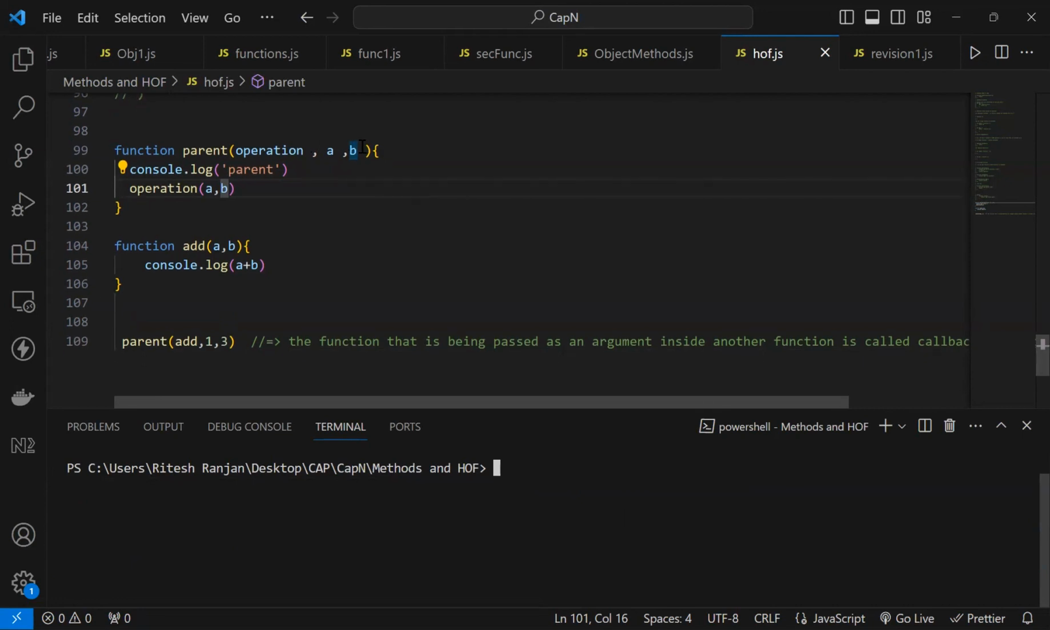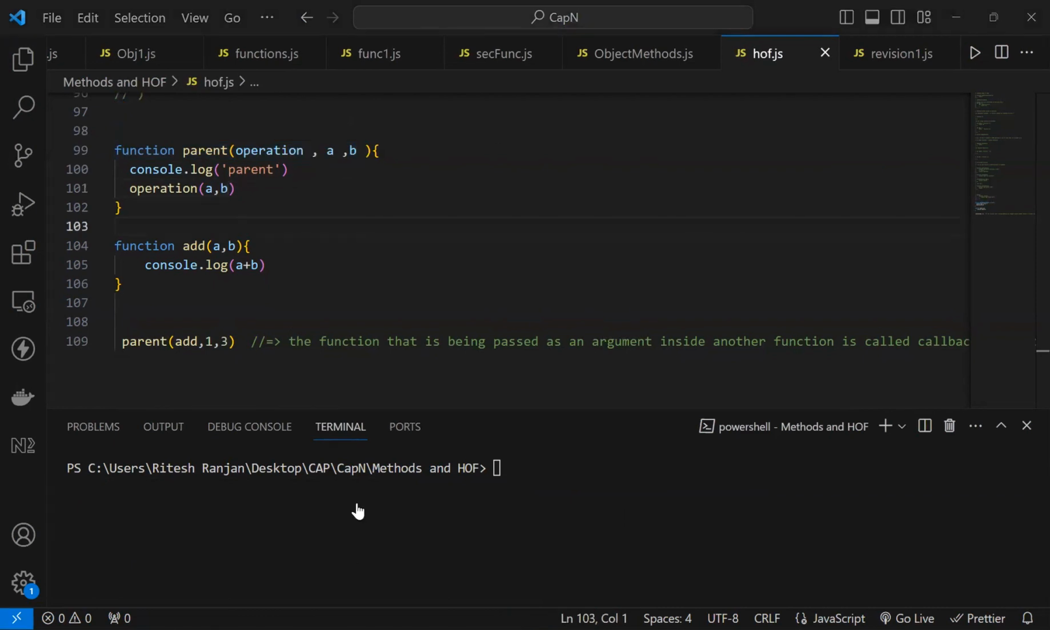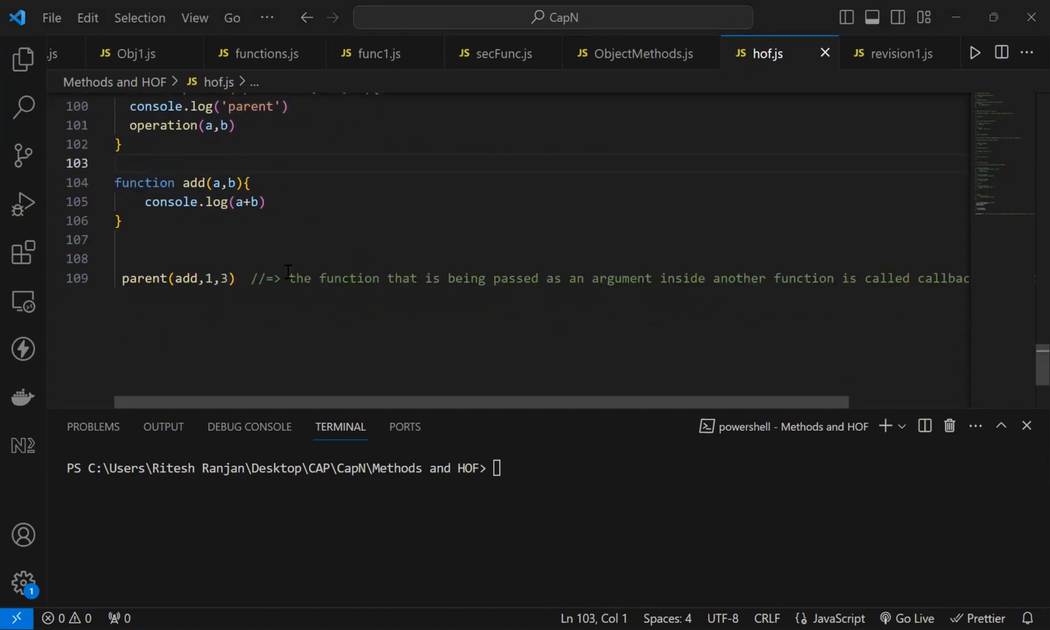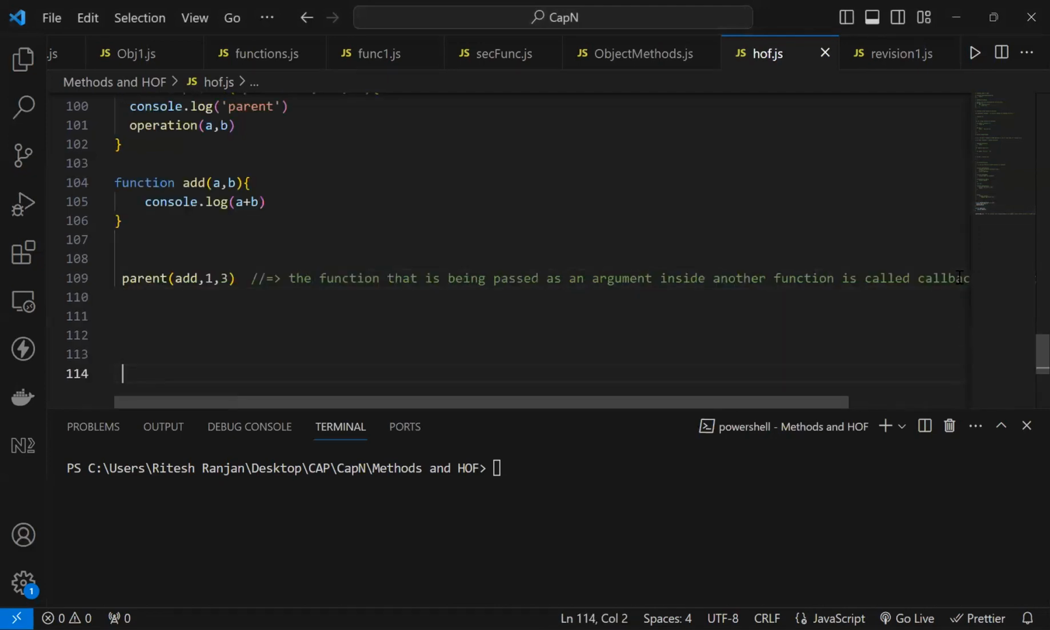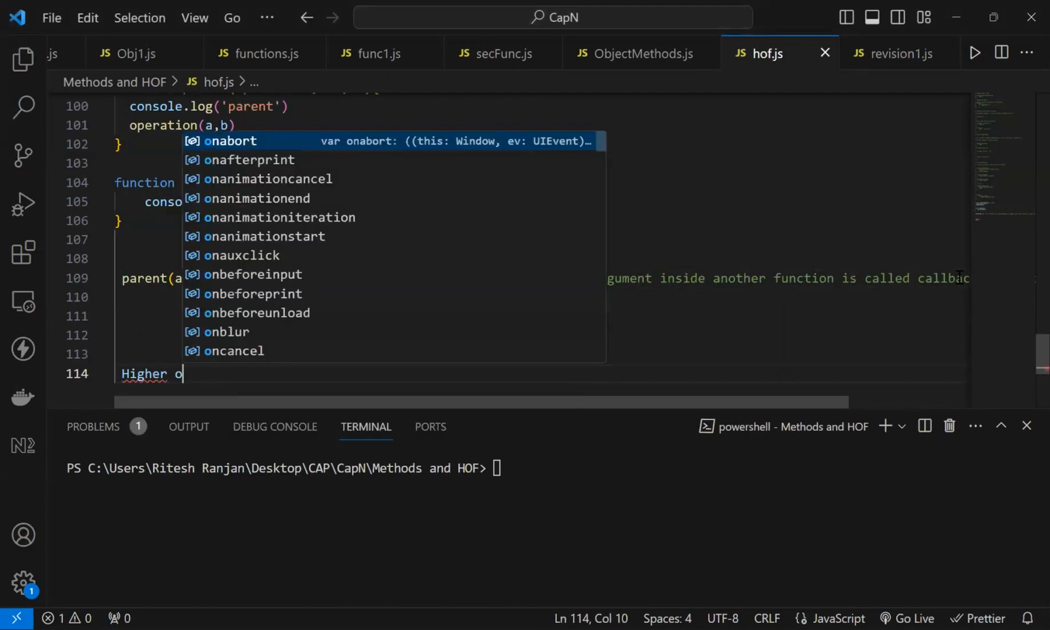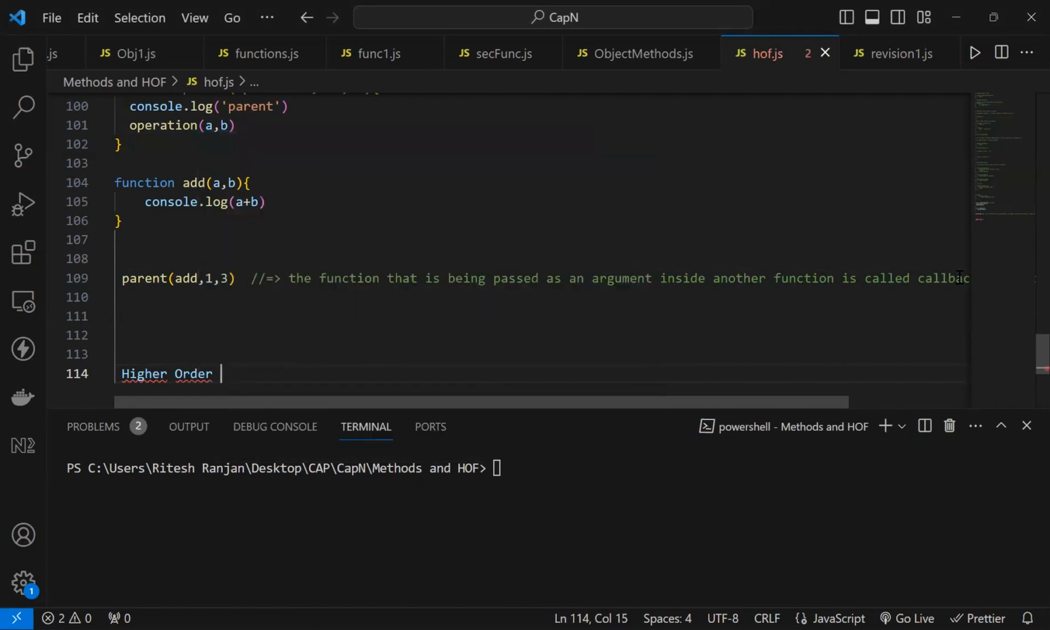Why we have to do this destructuring stuff? अलग अलग करके भेजना. ठीक है? So I hope no doubt in callback function. Is there any doubt? No? ठीक है. So now this thing is going to pave our way for something that is called higher order functions